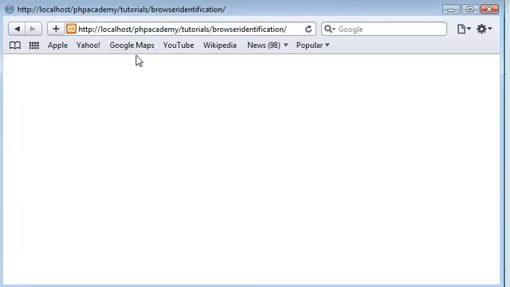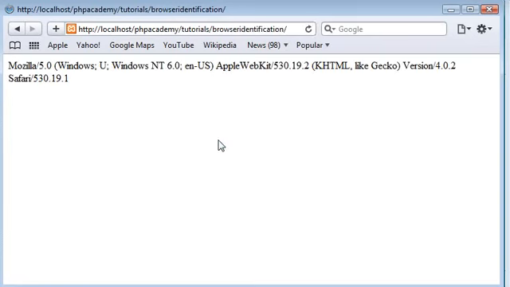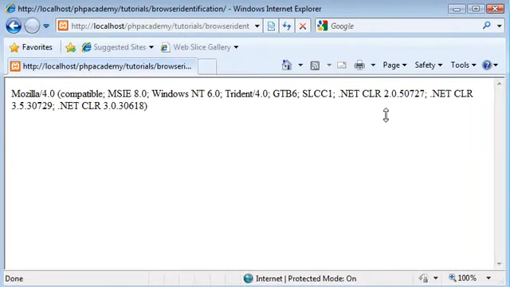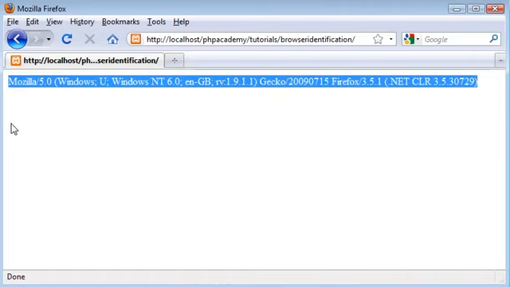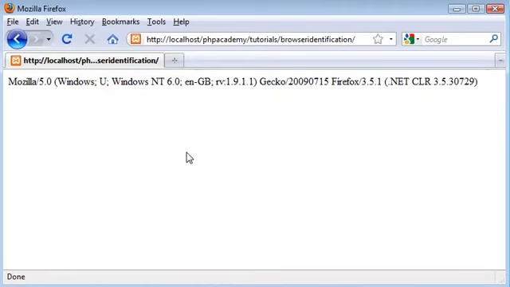So in actual fact we'll go and open this, reload this. What it is actually displaying is brief information about the browser we're running embedded into this long string. As you can see, we've got Mozilla again up here. Here we've got Safari written here. In here we don't actually have anything to suggest that we are running Internet Explorer, and then if we open up Firefox, we've got Firefox written here. So there's no way we can copy and paste all of these and put them in, say, an if statement to display. What we're going to have to do is use a command